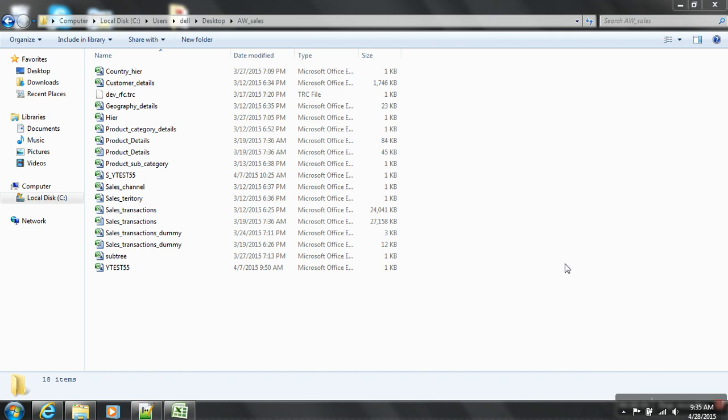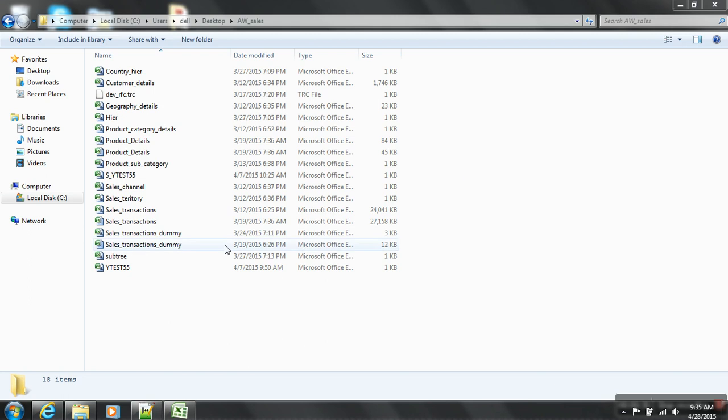So what I've done is I've just downloaded some data from the net. They just have some dummy company like AW sales, and there is some huge data available in it. So I just downloaded those files. Okay, so just try to understand the data. I know that in real time there will be no business user who stores data in Excel files. I understand, but for the first case, let's use these files.